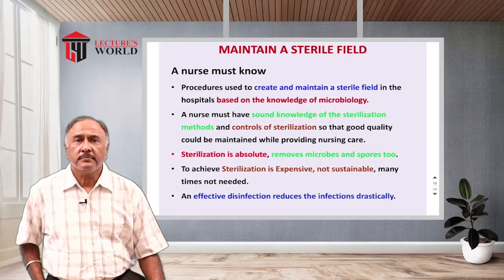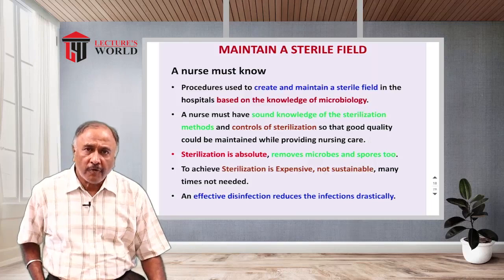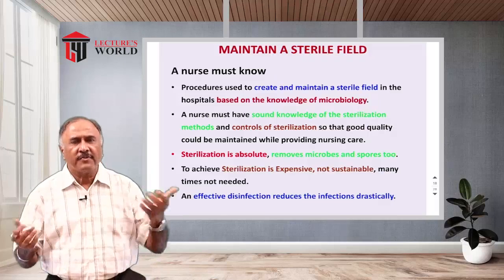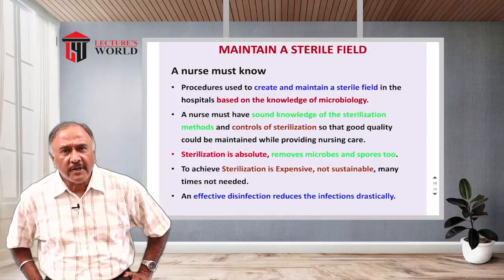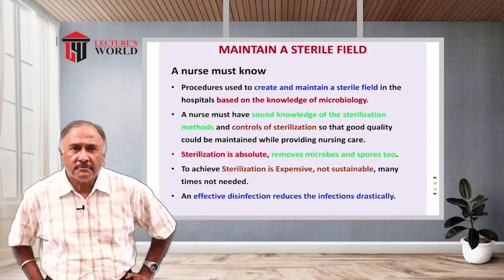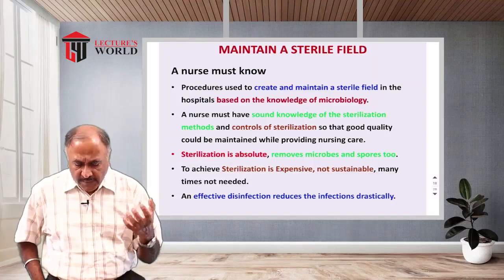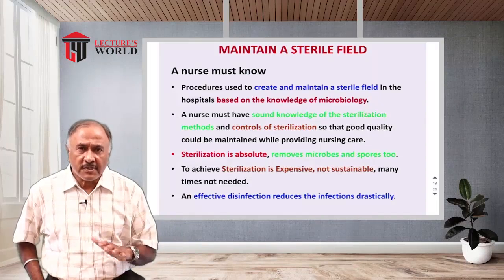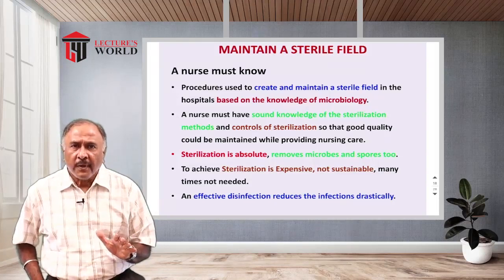Because when we are talking about sterilization of operation theatres, equipment and hundreds of other things, to achieve 100% sterilization is a rarity. So the concept of absolute sterilization is not possible, or it is not achieved every time, and therefore